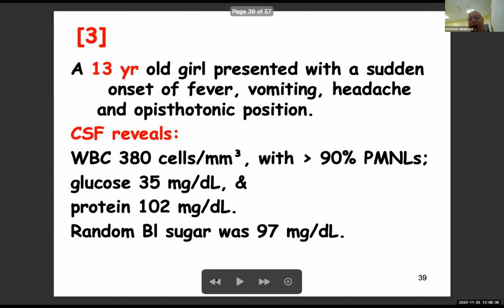I will leave the remaining one. You can read either together or each alone. It is very informative for you. And hopefully, inshallah, I will discuss it with you after we finish our clinical practice together soon, inshallah. Okay, thank you. Now it's your turn if you need to ask any questions.